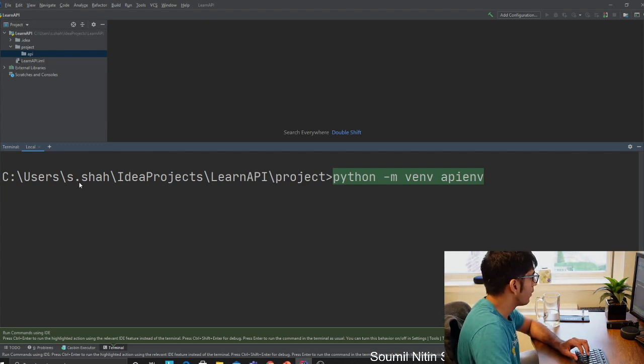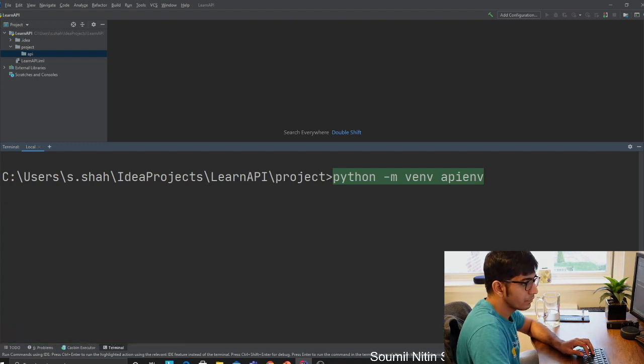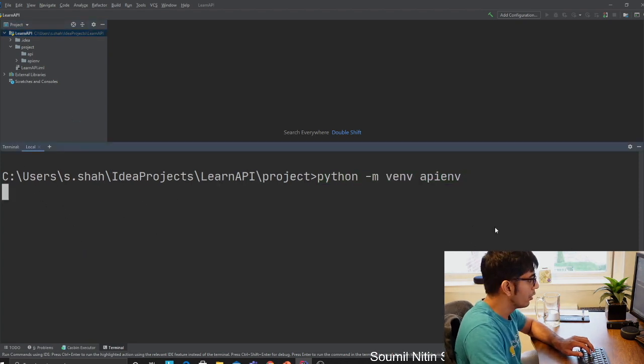So let's wait for a couple of seconds. Right now it's creating that virtual environment for me. It might take a few minutes as well, so you have to be a little patient. Here you can see it's almost done. It's still creating some files, so let it do its work and let's not interrupt that.